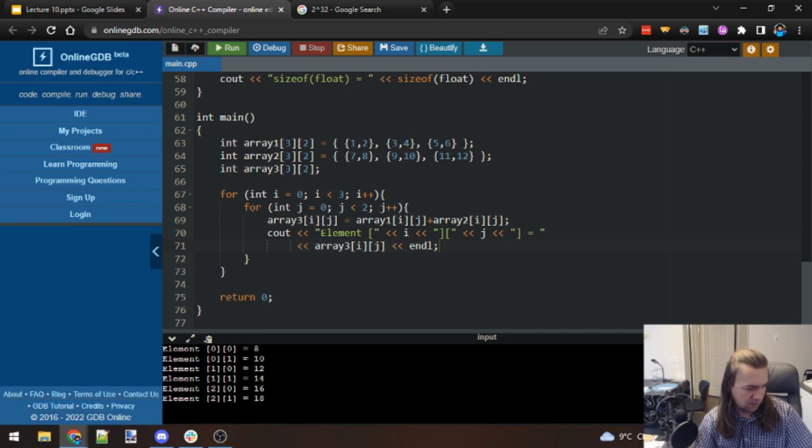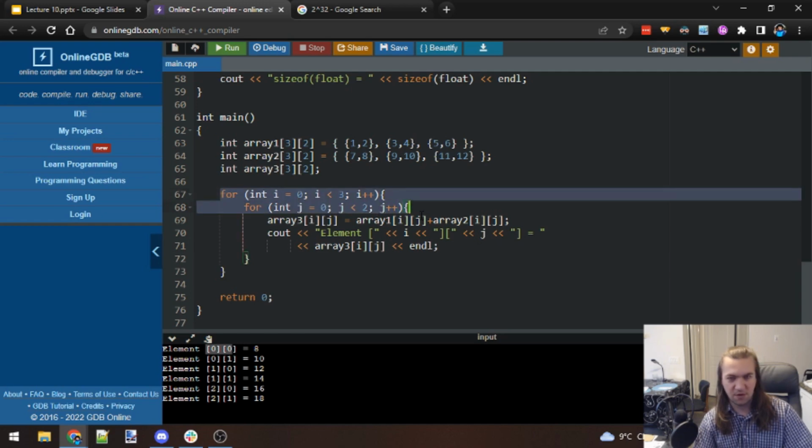So these 2 should be added up and give 8, 10, 12, 14, 16, 18. Those are all the numbers that we get. And we can see here the indices for each of those inside of our new array, which match what the indices are for arrays 1 and 2. So this nesting of loops is not something that we've had to do too much yet in this course, but is the kind of thing that will come up quite often,